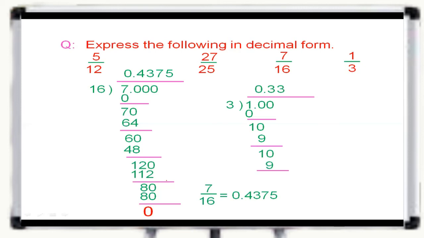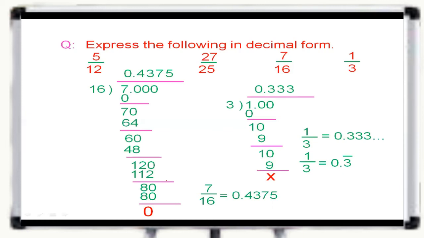So in all steps we have 1, then by taking 0, that number becomes 10. So we conclude here that this number is a non-terminating number, that is, 1 by 3 is equal to 0.333, and so on. That means here 3 is repeating, therefore we have to put a bar on 3: 0.3 bar. Take some more examples.